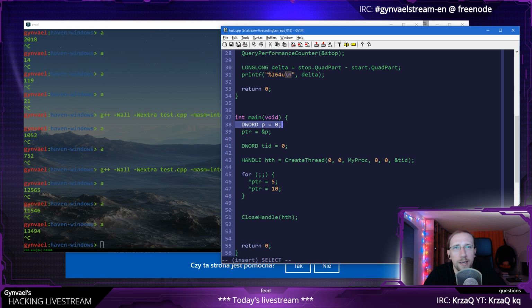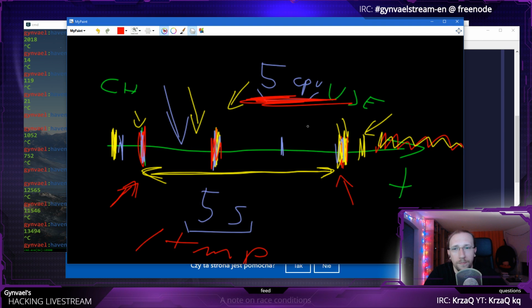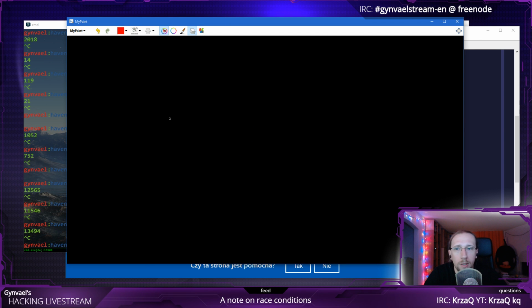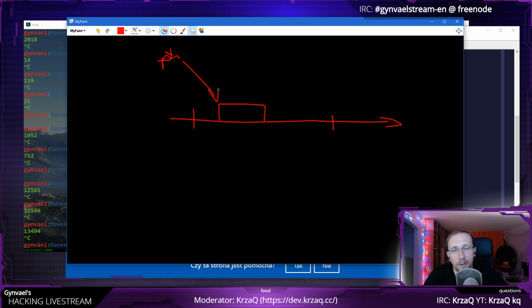Currently, we have a variable on the stack, right? So we have the memory, and somewhere there's the stack region, and we have a variable there, and ptr actually points to this area. Now this is a dword type, which means the address here is actually going to be a multiple of